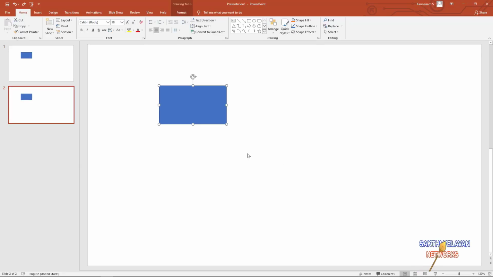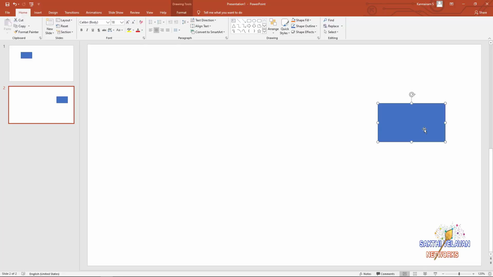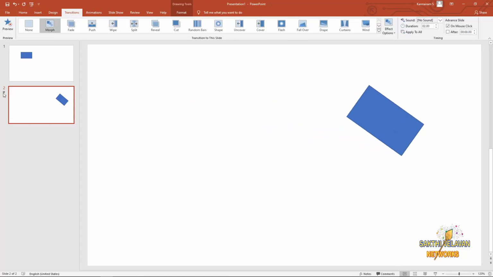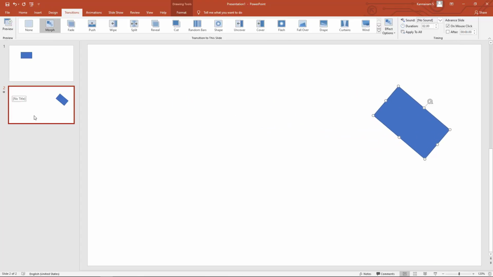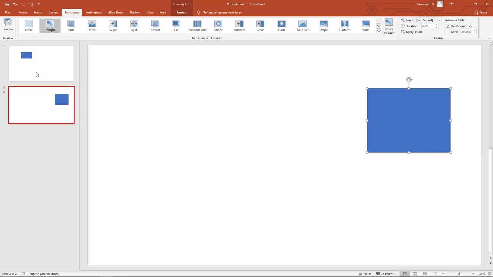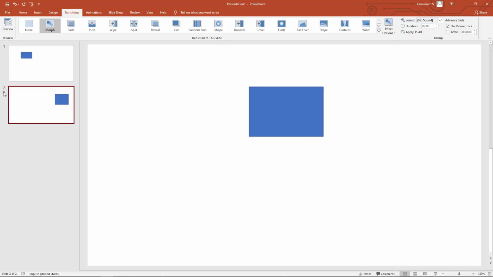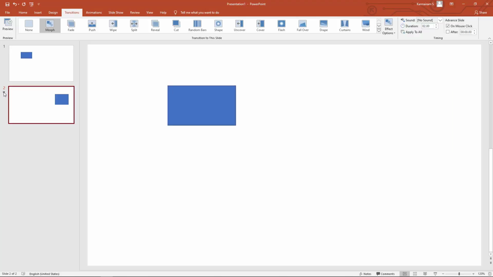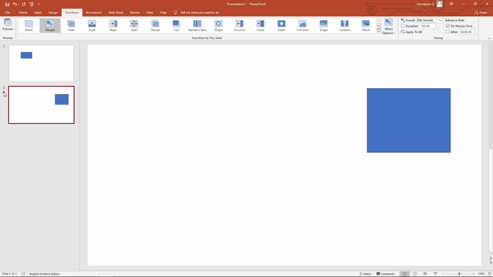In our previous video, we saw how to move an object and how to rotate the object while moving via the morph transition. In this video, we can do something advanced. Instead of rotating the object, you can scale the object while moving. With the help of the transformation point, I scale the object. Now I go to check the preview. Okay, you can see, now the object grows bigger,